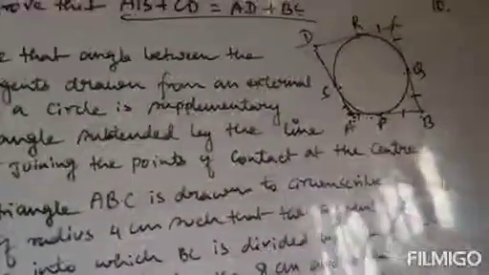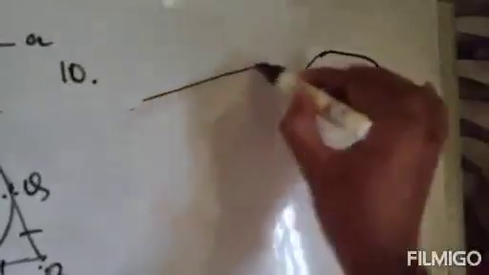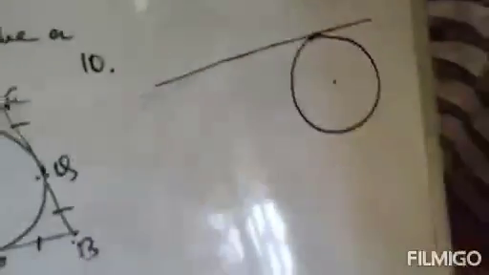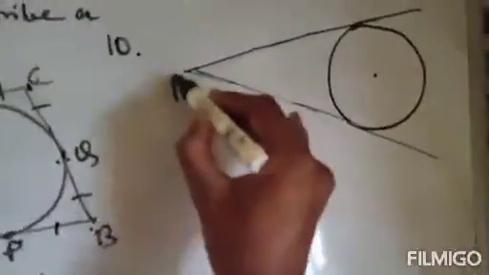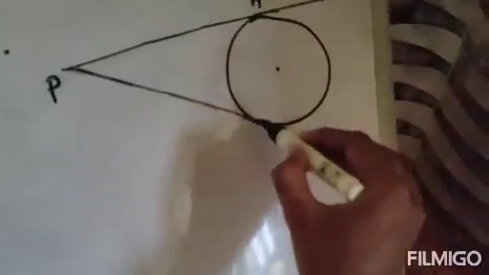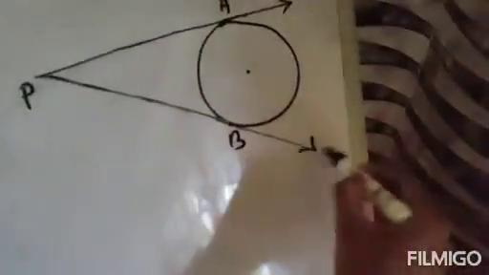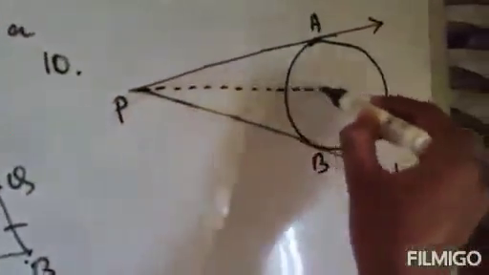And this is its center, and it says the angle between the two tangents. So that means we have to draw two tangents first. Suppose this is one tangent. Always use a ruler and pencil while drawing this diagram. This is an external point, suppose P. P is an external point, and here it touches A, and this is B. The two tangents PA and PB, and this is the center point, so connect the center with the external point, that is O. O is the center.